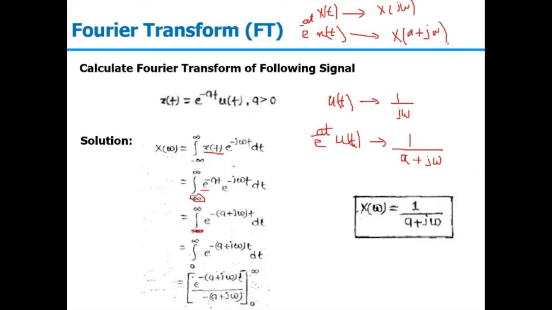These properties are very important because in that case there is no need to solve the integration for the complete term. You can use the property to find the Fourier transform. So if you know the Fourier transform of u(t) is 1 upon jω, you can simply say that for e^(-at) u(t) it will be 1 upon a plus jω. We will study this property in more detail in our next lecture. Okay, so that's all for today. Thank you. In the next lecture, we will see the properties of the Fourier transform and then the discrete time Fourier transform. This is the continuous time Fourier transform that we are talking about right now.